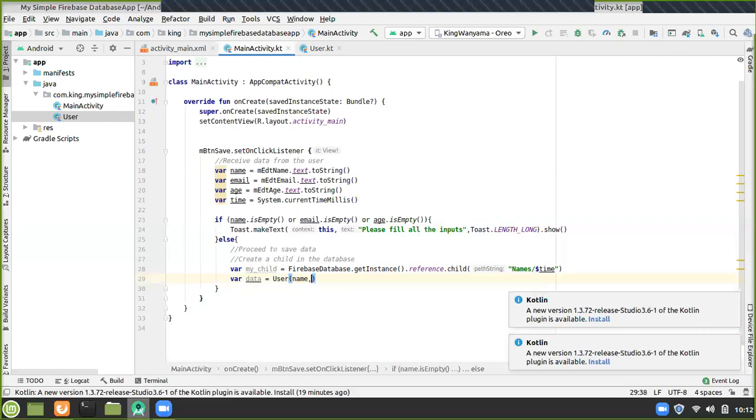So what is the next thing? As you can see, it has already auto-suggested email, so I need the email. Let me copy that email there, put a comma. What is the third thing? It's the age, so it is this age. Then paste it right there. Yeah, like that. That's quite okay. Then right away, now to save the data,